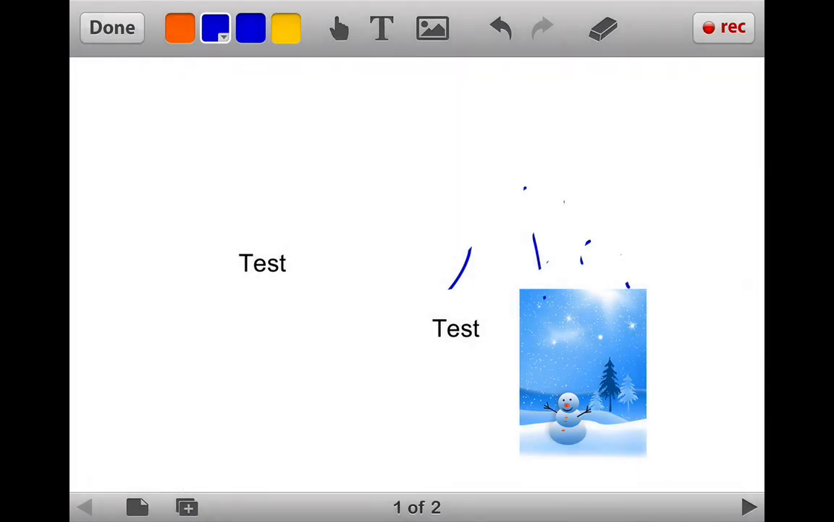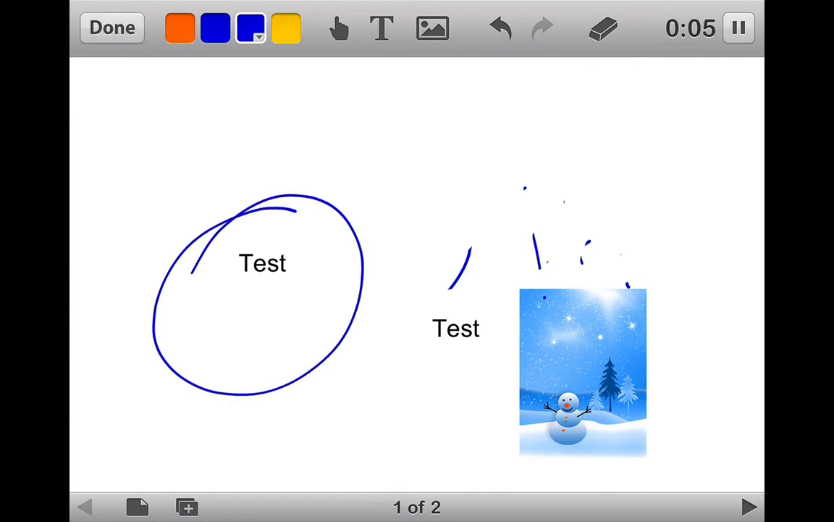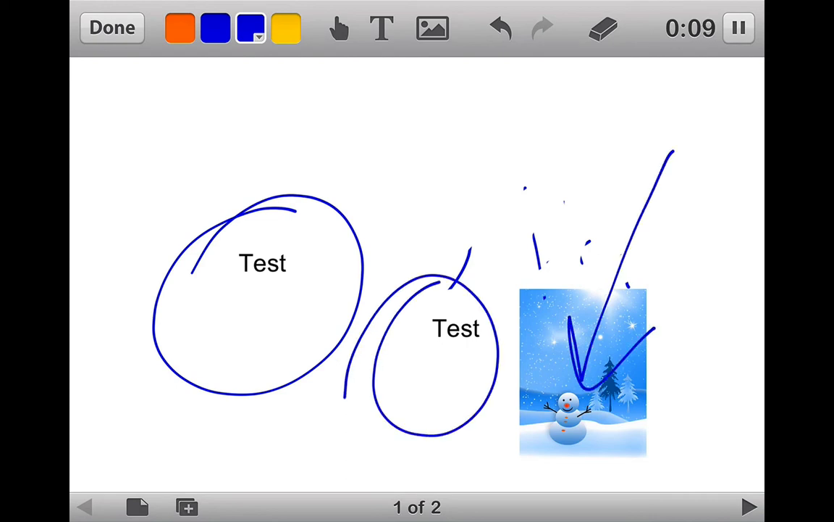Back to the record feature at the top, I can now record what's on my page. By simply tapping record, this word is test. This word is test. That is a snowman. I'm going to now hit done